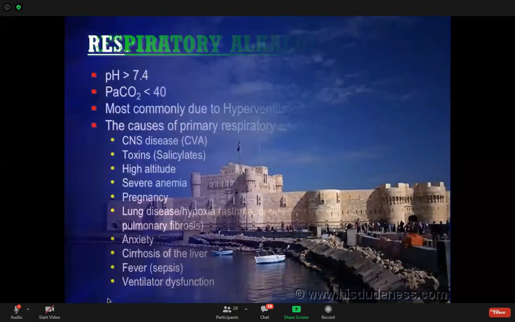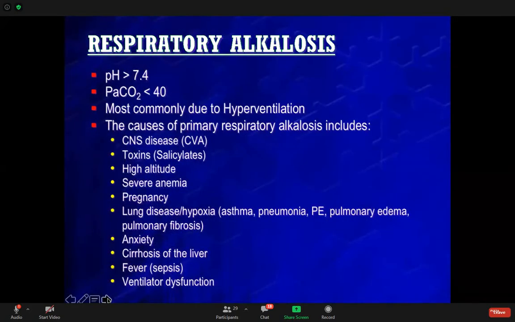Okay. Moving on, so we started with respiratory acidosis. Our next topic is respiratory alkalosis. It's when your pH is more than 7.4 and your partial pressure of carbon dioxide is less than 40. Usually it happens due to hyperventilation, and there are many causes of primary respiratory alkalosis. Sometimes CNS diseases, intoxications like aspirin salicylate intoxication, high altitude, severe anemia, pregnancy, lung diseases that can happen, sometimes asthma, PE,